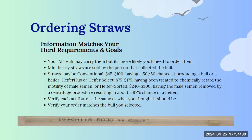This image down below is a really good example of an actual semen straw here. And there's some information on it that's really good to know. So right there in the middle, you'll see Bojo. I assume that's the name of the bull. And oftentimes they will put the identification tag or the name of the bull. I'm not sure, but the ones I have always have the bull name on there. It'll have the date of collection as well. And then you should see, I don't think this one's filled, but you should see a nice line of clearish yellow fluid in there showing that it's a filled straw. And